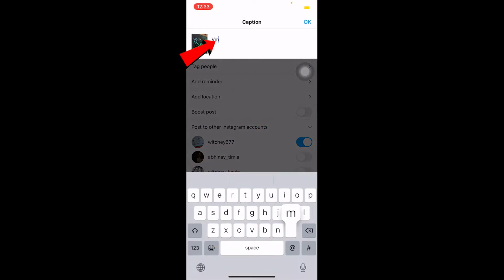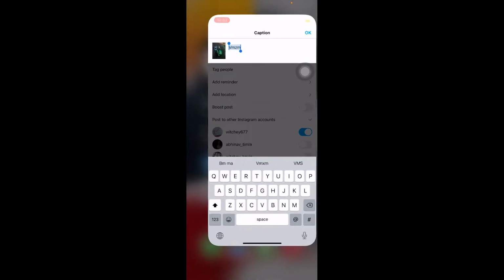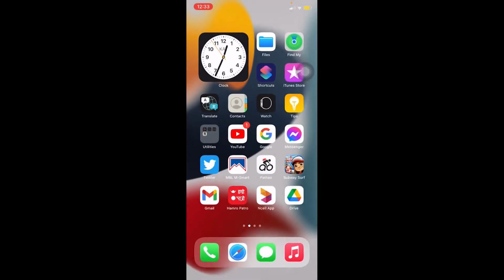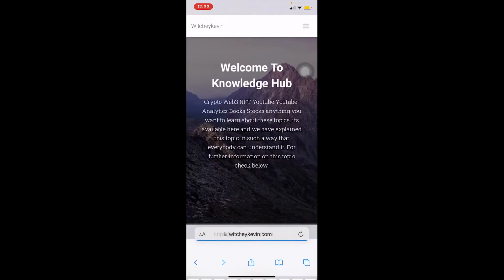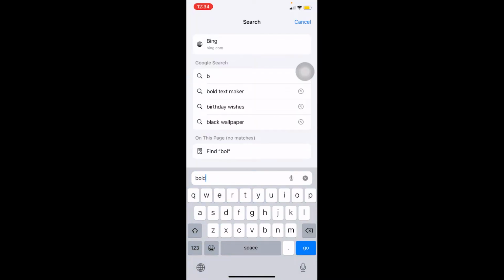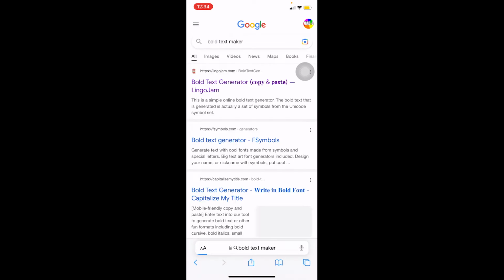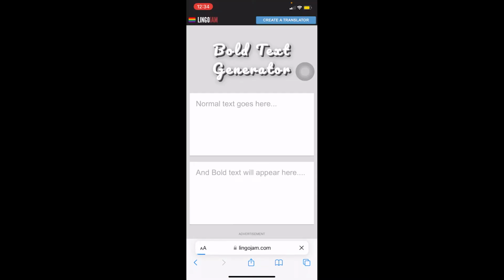All right, so during the time I'm adding a text over here, as you guys can see, my text is not bold. So if I want to make this text bold, what I can do is copy the text over here. Once you copy it, don't close your Instagram, make sure it's running in the background. All right, and go to your browser, and on your browser you want to search this bold text maker. Once you search for bold text maker, the first one which says lingojam.com, you want to click on it,